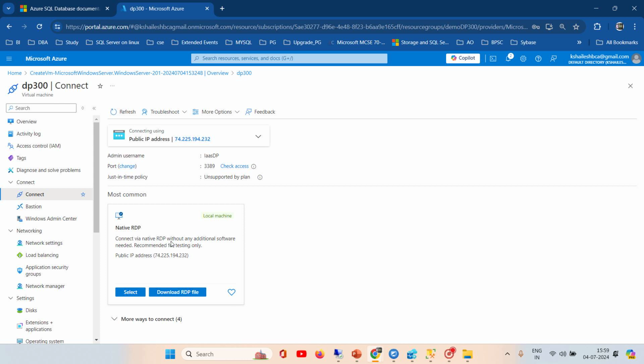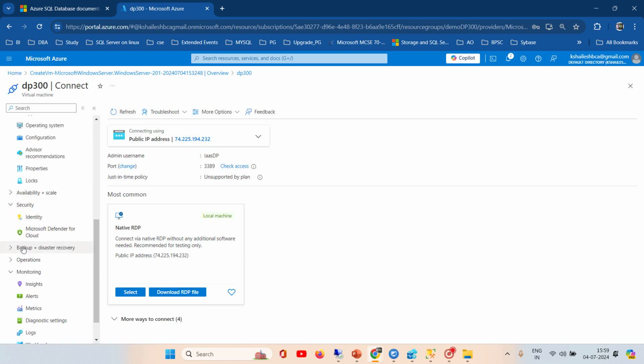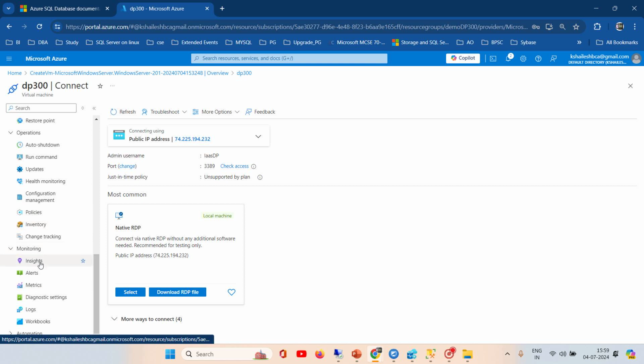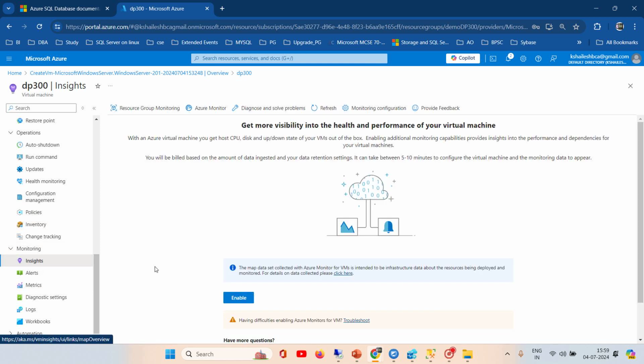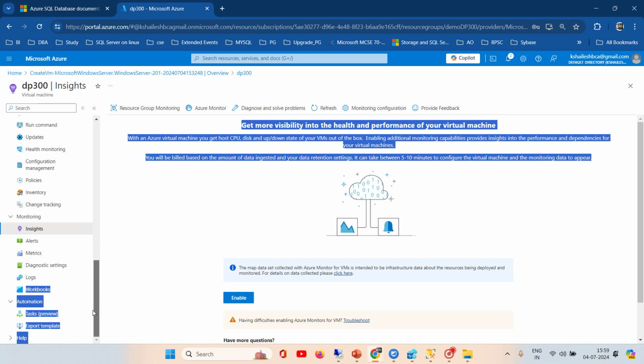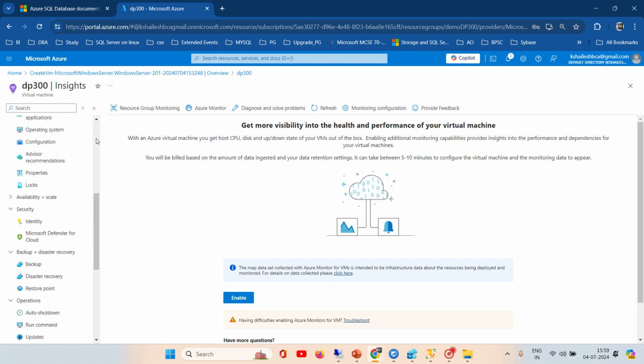So you have to just select this one also. Now it is basic about this. Then security, backup, then operations, auto shutdown, run updates, health and policies. You can set policies and all. Insights, monitoring, for that insight you need to enable it. You can monitor health and performance of the databases. Automation, you can do automated tasks. Export templates. So this is the whole of